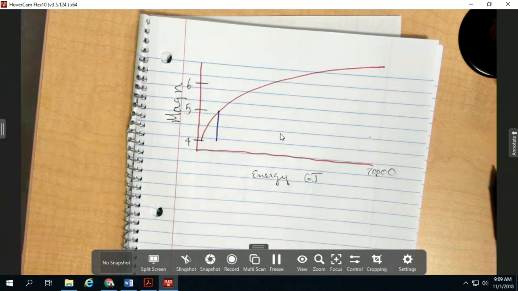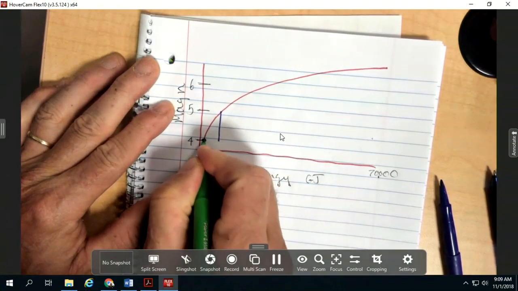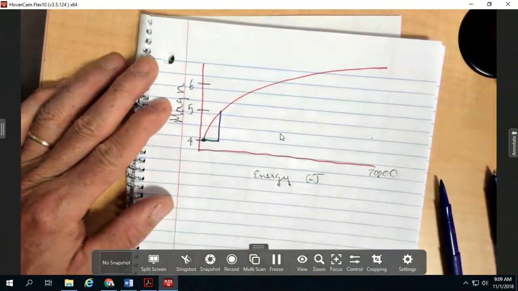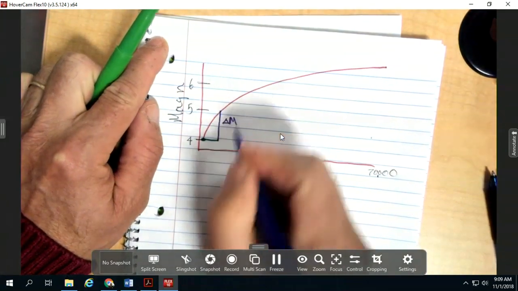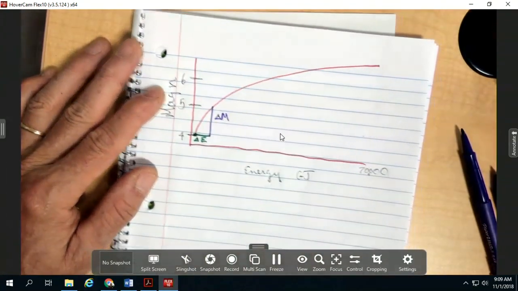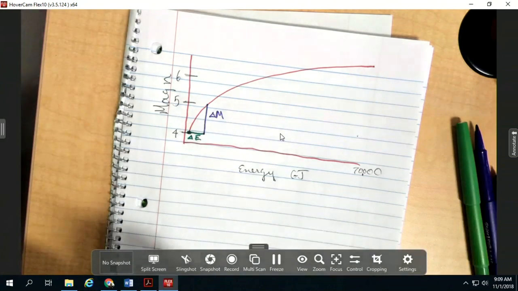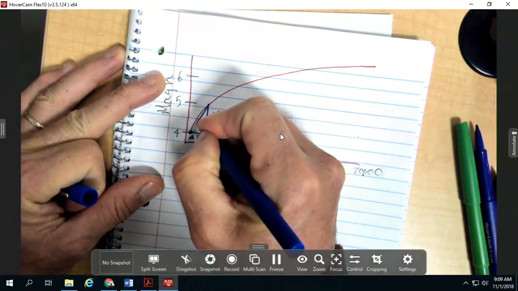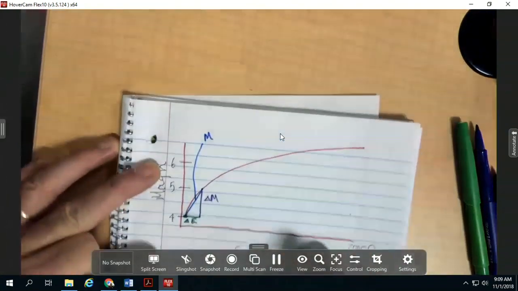That's the first line. And then it says sketch the change in energy from a 4 to a 5. So now start at the 4 and go over to the 5. So this is delta M, and this is delta E. And we have a very important thing that we know about those, and that is this right here represents the slope